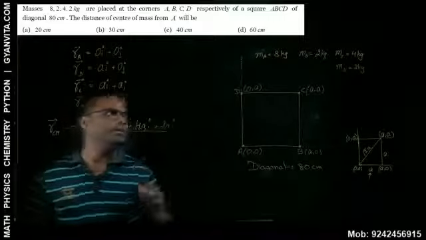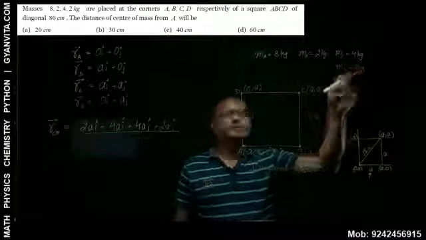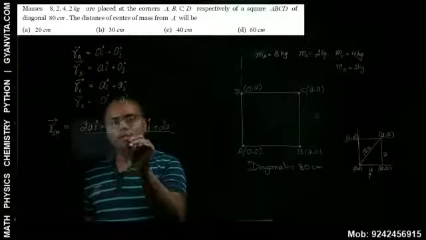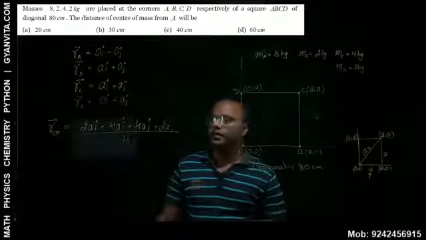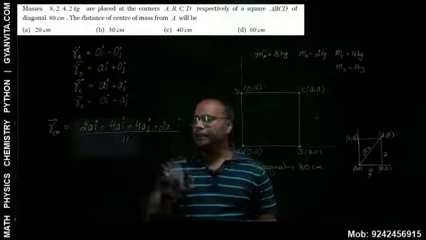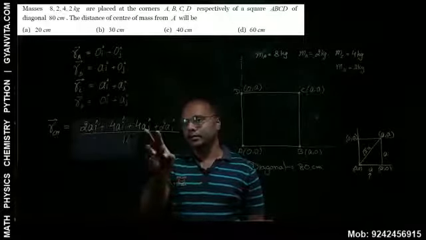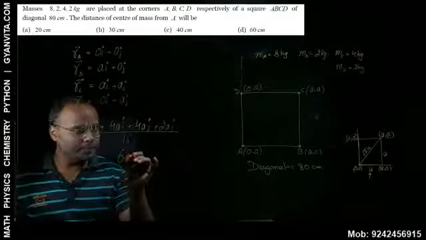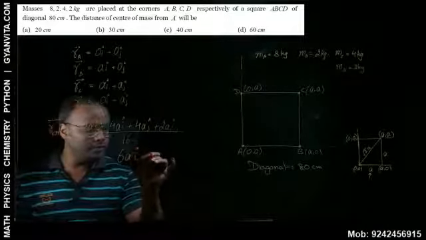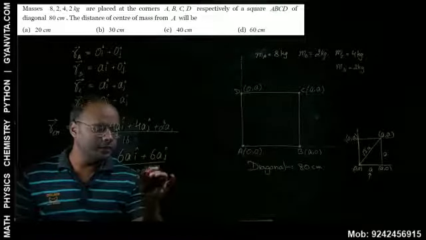So total mass is nothing but the sum of all these masses. So 8 plus 2, 10, 10 plus 6, 16. So this is 16, so divided by 16. That's all. Now I cap and I cap will be added together. That is 6A I cap plus 6A J cap, divided by 16.